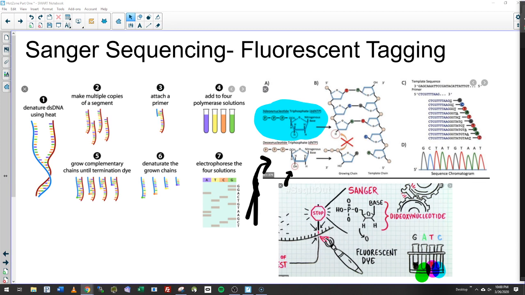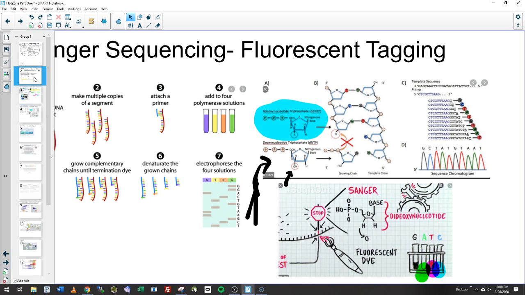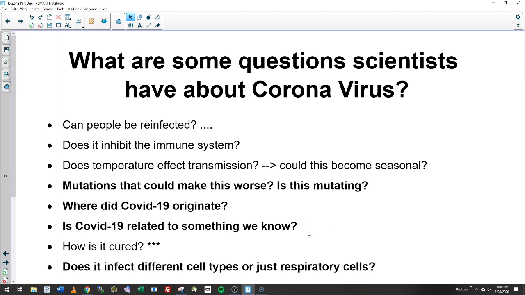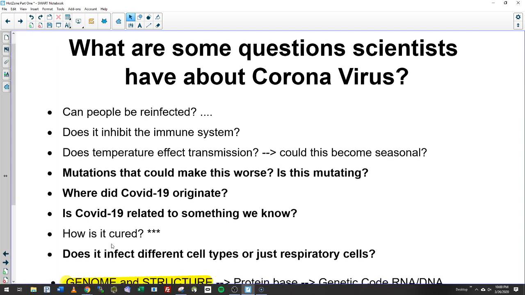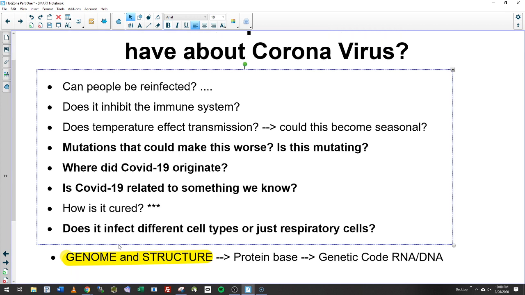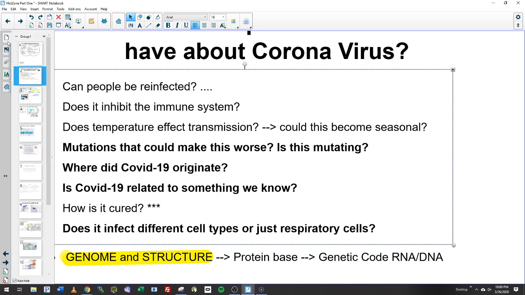Okay, so the next question. You now have a sequence. I want to go back a minute to your list of questions, and don't worry, we're not going to get into all this. I'm just going to show you some cool pictures. So things that you asked: does it relate to something we know? Where did it come from? Could mutations possibly make this thing worse? Is this thing mutated? We got the genome, we got the structure. Now the next question is, well,